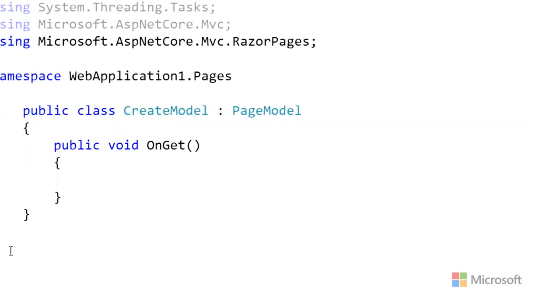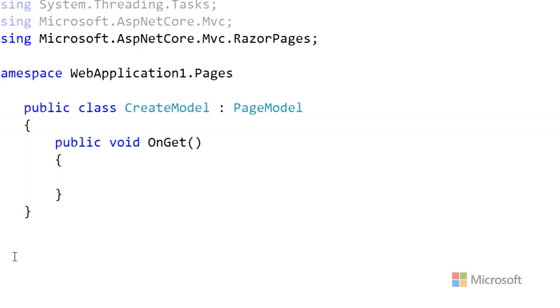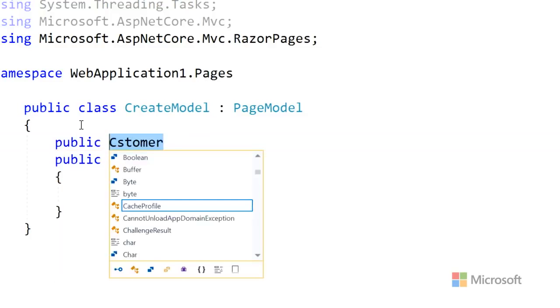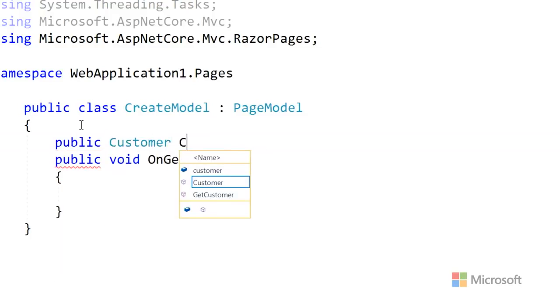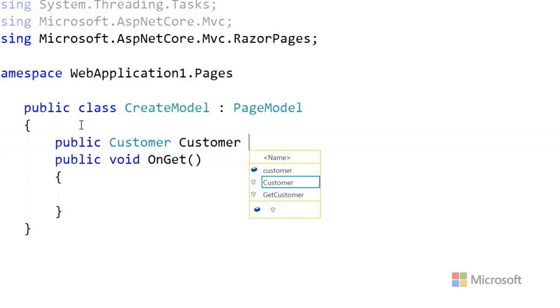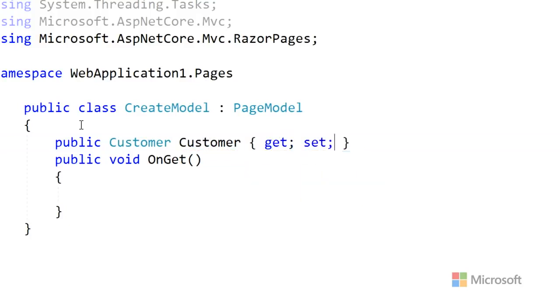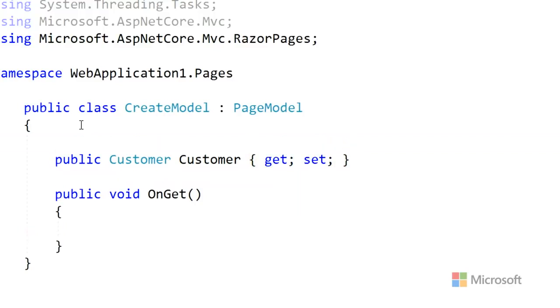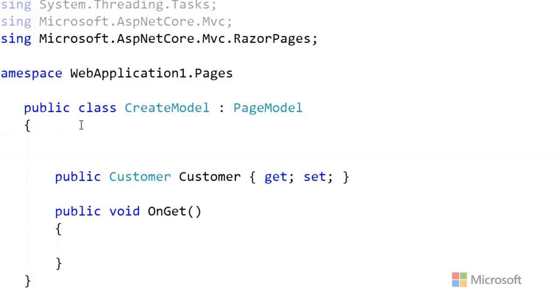So our create model is going to need to know about customers because that's going to show up on the page. So public Customer, that's a type. That's a name. You can tell by their color. It's a little confusing, but the property is called Customer and the type is called Customer. Okay? And this is going to need that database